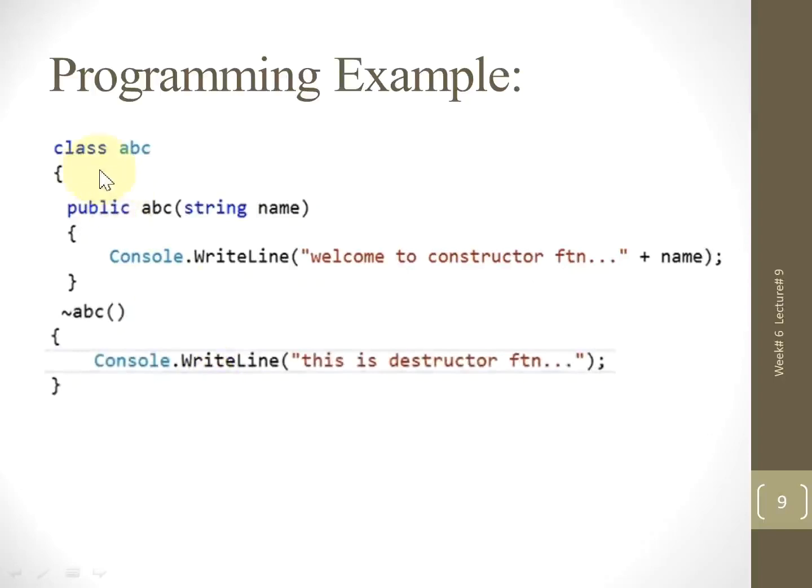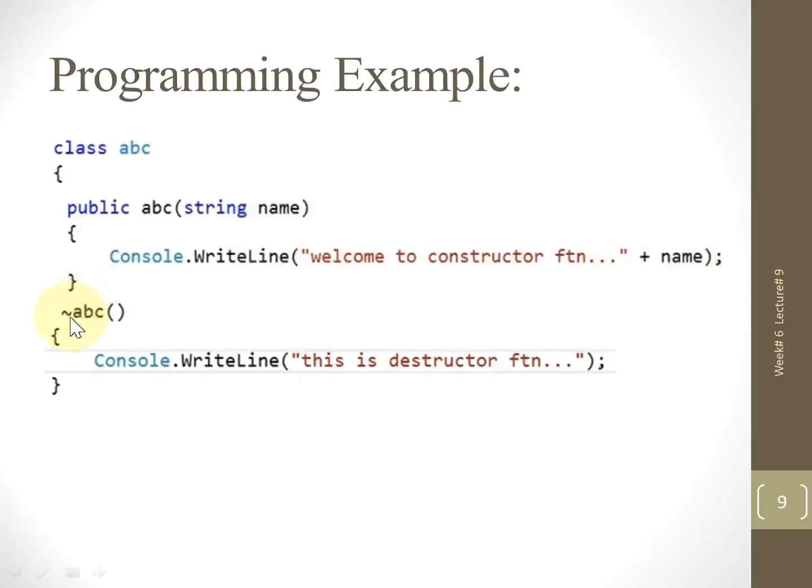First, as you can see, the class name is ABC, and now we have a public specifier. The function name is the same, which is ABC, with no return type. It means the class name and the function name are the same. So this is the constructor function having one argument, and a simple message is printed, concatenated with a name that is also printed when we send it through the object.